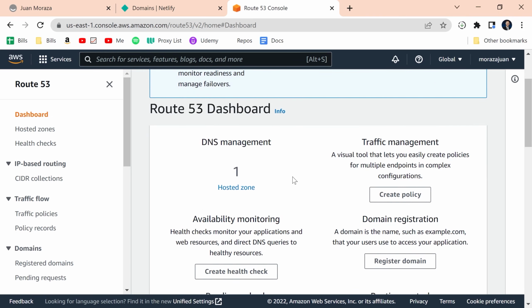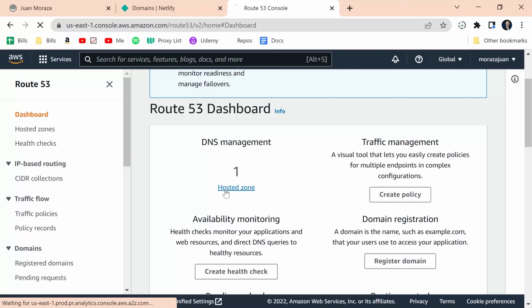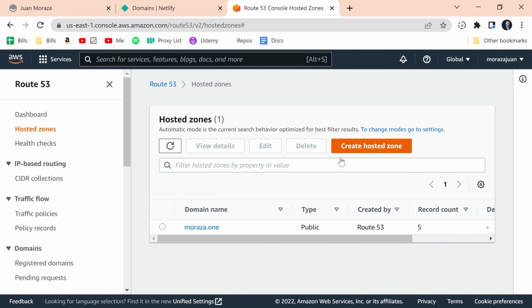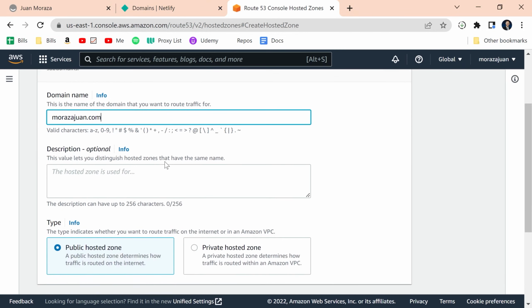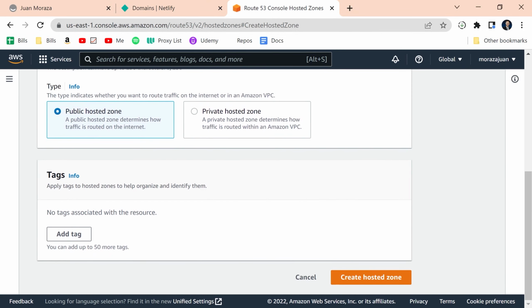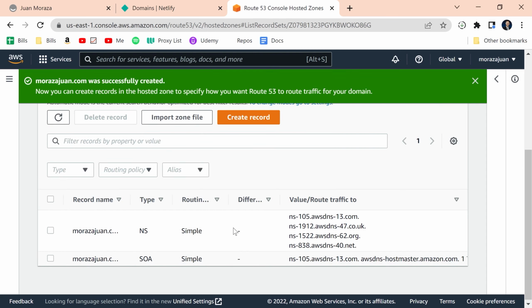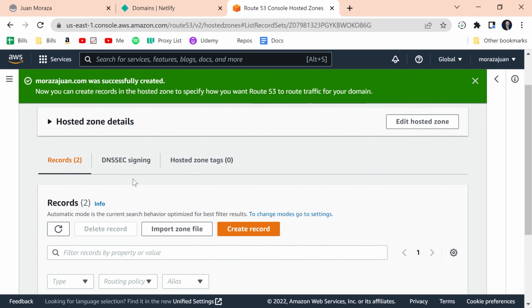and then if you don't have any hosted zones, you need to create one. I already have one, so I'm gonna click here. I'm gonna create one for the domain that I have, so I'm gonna click create hosted zone, and I'm gonna enter the domain that I told you in the beginning, which is moraza1.com. And you can scroll down here. You don't worry about anything else, just click create hosted zone,